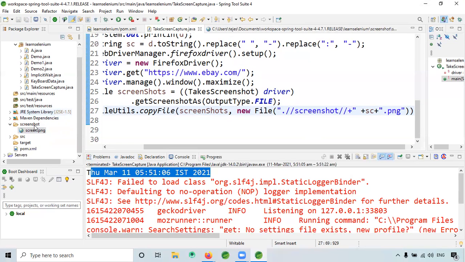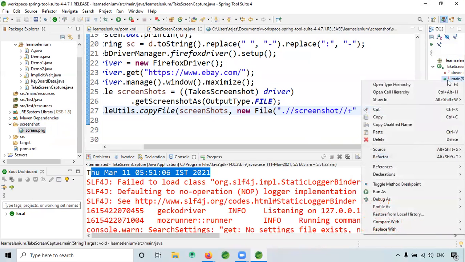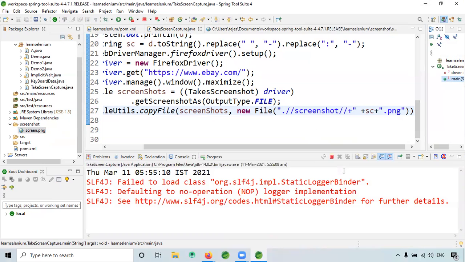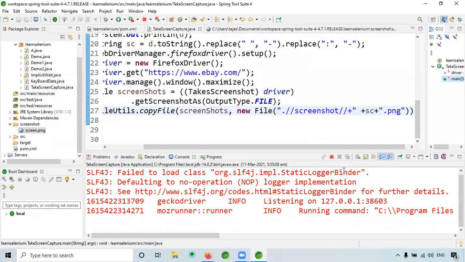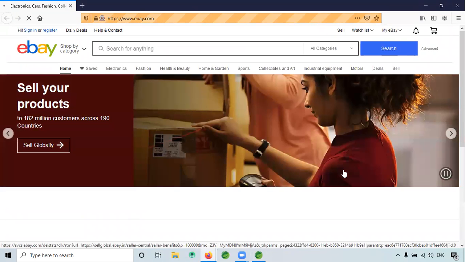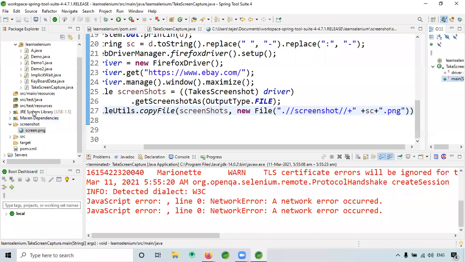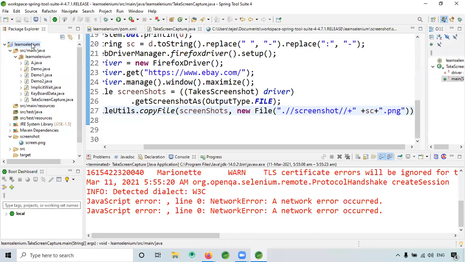Let me see now. Run as Java application. Okay, let me refresh.